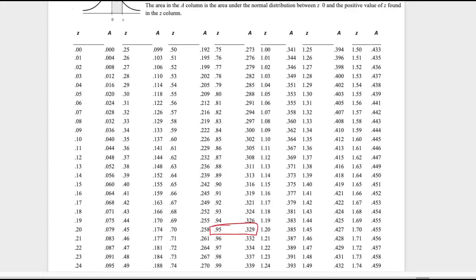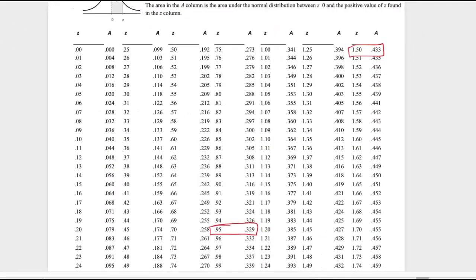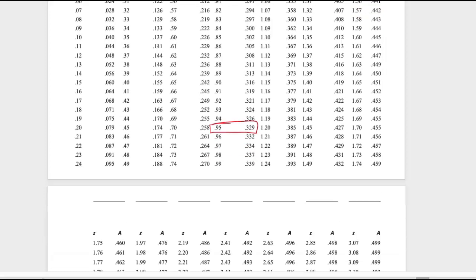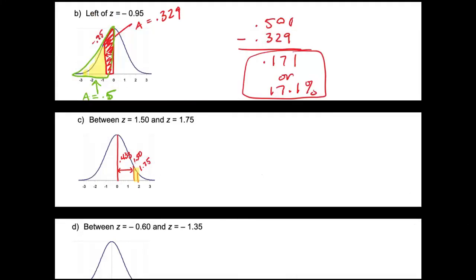So I'm going to first look that up. So I'm going to look up z equals 1.5, which is over here on the top right, and it's an area of 0.433. So 0.433. And then I'm going to look up 1.75. So if I look up 1.75, just going to scroll down a bit. 1.75 has an area of 0.460. So I'm going to come back and use a different color for that one. So this one right here,